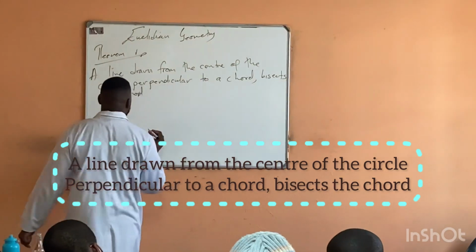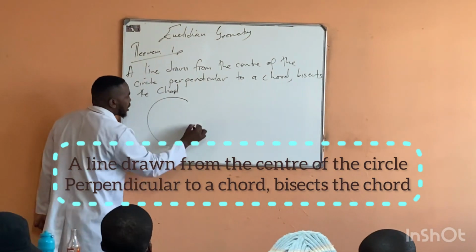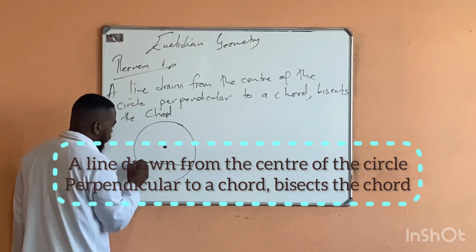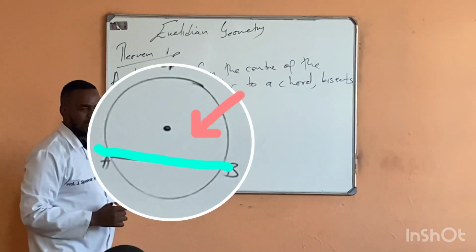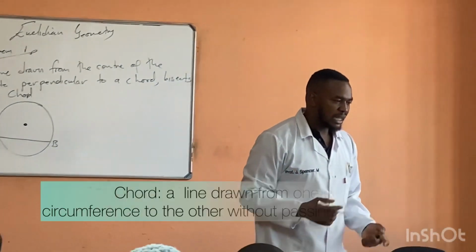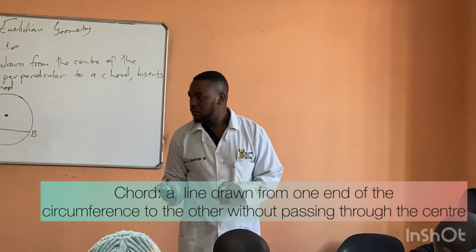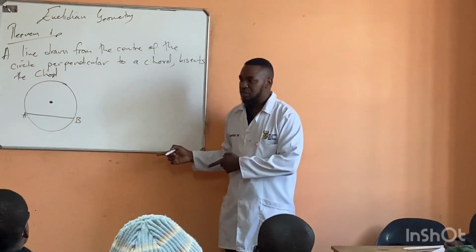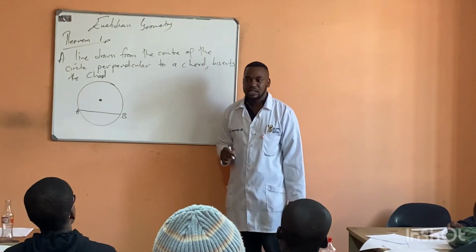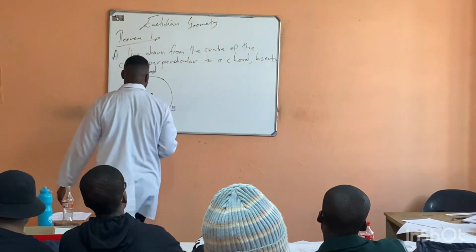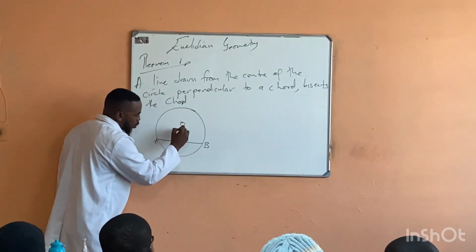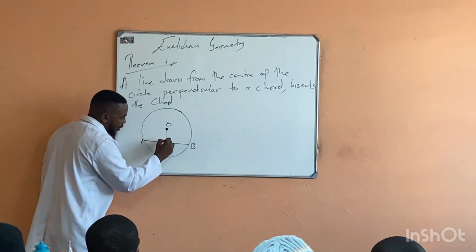So if I were to draw to represent this statement, this is our center and a chord. We have chord AB. What is meant by the word chord? When we say a certain line is a chord, what can you tell? It's a line that is drawn from the center, not passing through the center to the circumference length. That line is a chord. Okay. So we have center O, and we are drawing a line that is perpendicular from the center perpendicular to